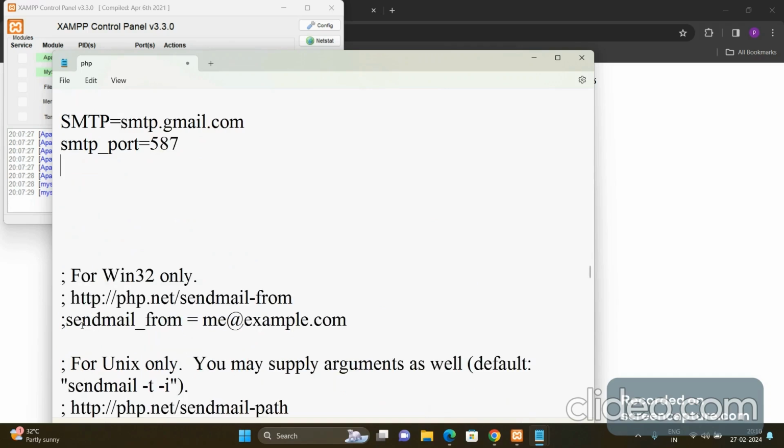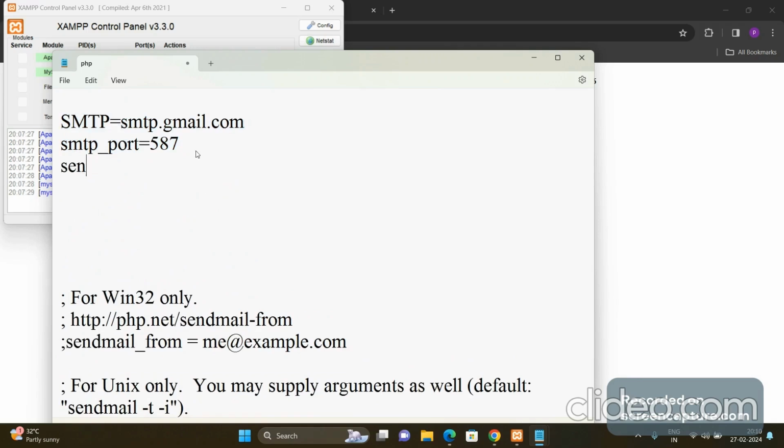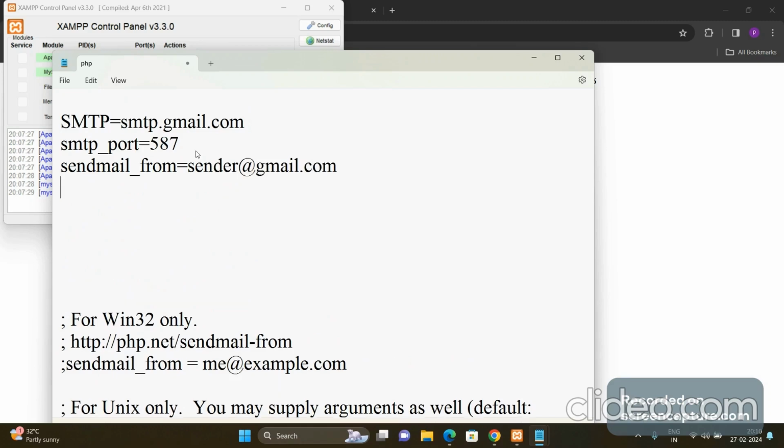there are also similar statements for this over here, which are in the comment section. If we remove the comment and change the setting, it will also work. But instead of that, I am writing new code over here. So sendmail_from, and here we have to write sender@gmail.com. This is the domain we are specifying over here, from where we are going to send, and we have